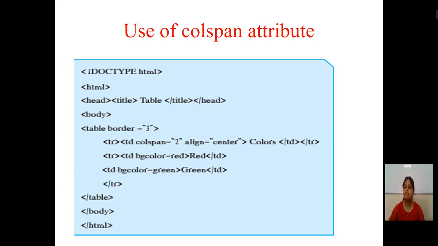As we have seen, every tag has an opening and closing tag. Only some optional tags are there for which closing is not required. Here title is again a container tag, so closing of that tag is necessary, and we have closed that tag by using backslash title. Once the title is completed, we close the head section by closing the head tag. So backslash head is used for closing the head tag. In this way the head tag gets closed.